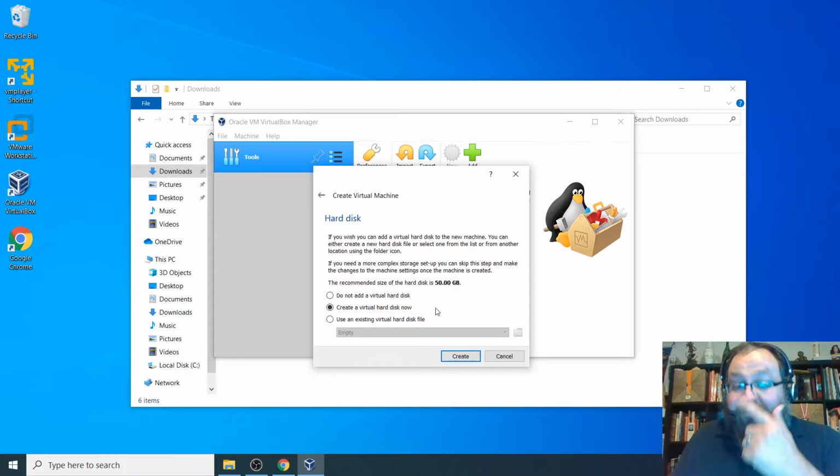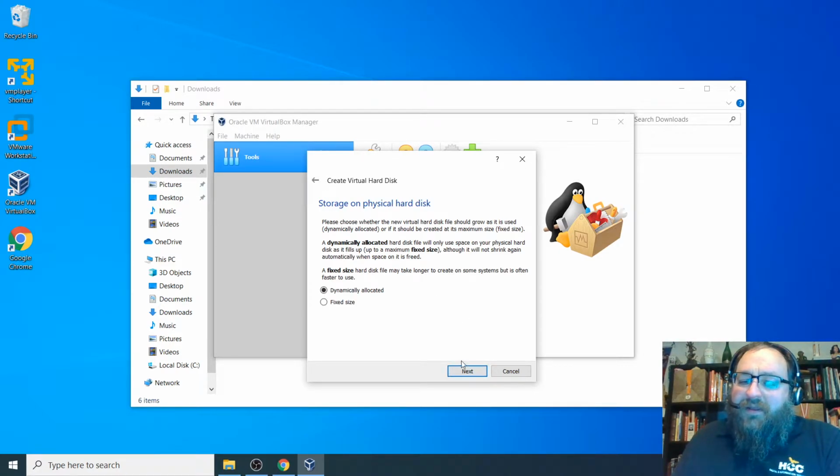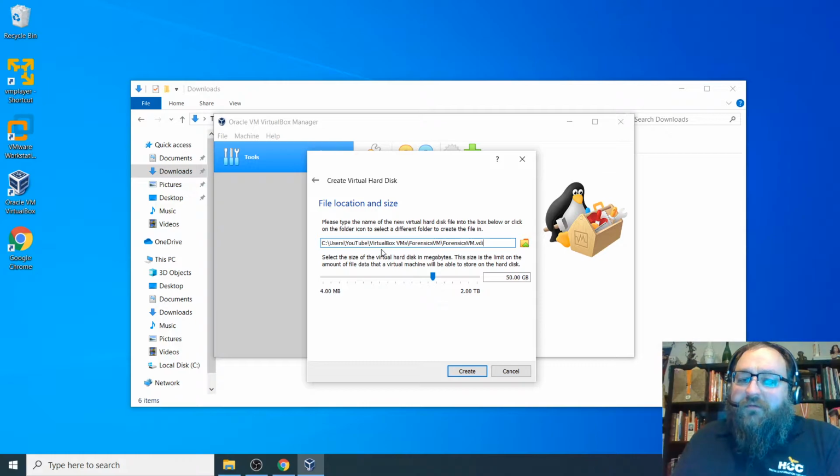We'll leave everything as default and create the virtual disk now. We'll leave it as a virtual disk image, VDI. We'll leave it as dynamically allocated. And there's where our location of the virtual machine will be: VirtualBox VMs, Forensics VM, Forensics VM VDI. That's our file for this virtual disk. Notice the drive space is 50. We'll change it to 60 just to be